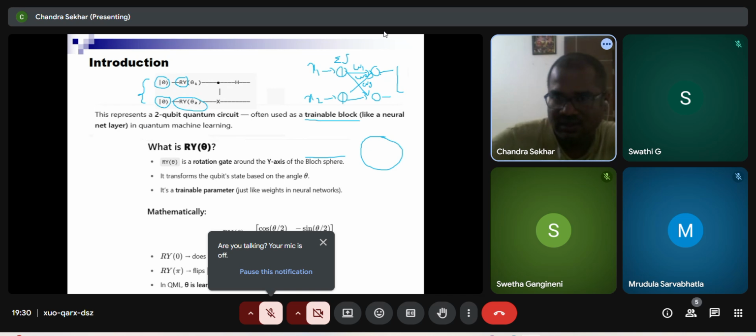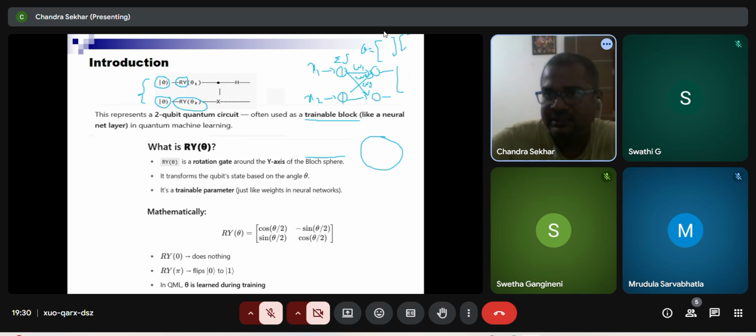Same here also. What is theta? Theta equals parameters. Parameters equal the weight matrix and bias matrix. So it has to learn those weights. Same here, it has to learn theta. That means how I represent, how I rotate the data. See here, Ry of theta is what it is doing. Whenever it receives the information data, it is rotating the data on the Bloch sphere, and it has to